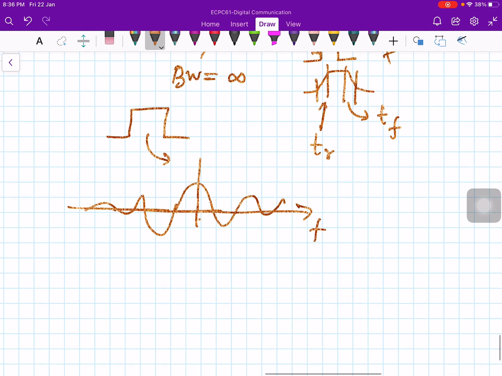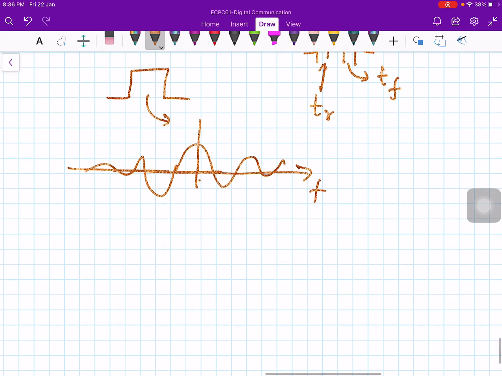So we are talking about a more practical measure of bandwidth here, not the ideal condition. We are talking about a practical measure of bandwidth rather than the theoretical one, that is, the span of the Fourier transform of the signal, which will of course be infinite. We are perhaps talking about the bandwidth in which most of the energy lies. In case you take this sinc pulse, most of the energy lies in the main lobe. This is called the main lobe.